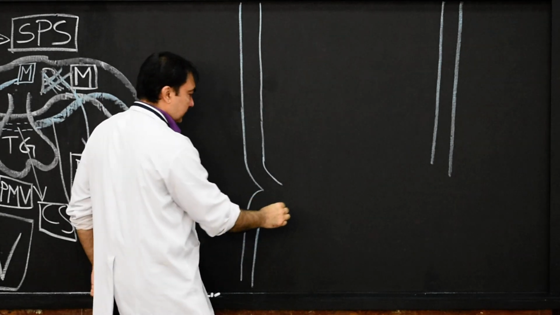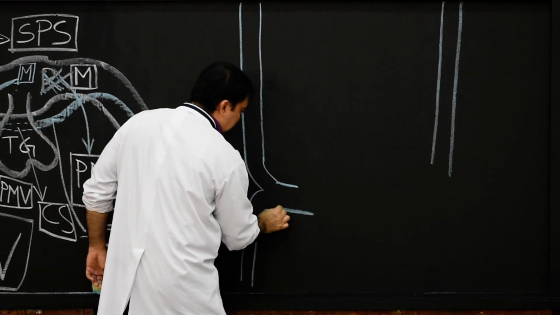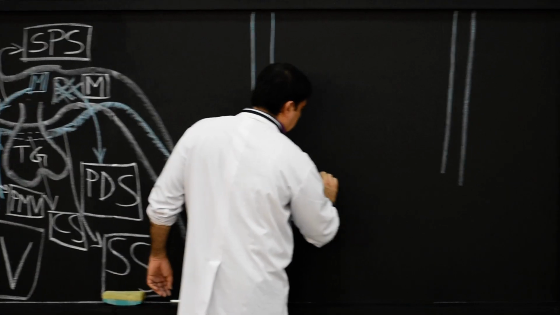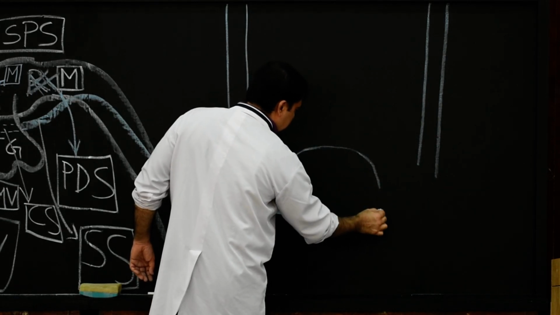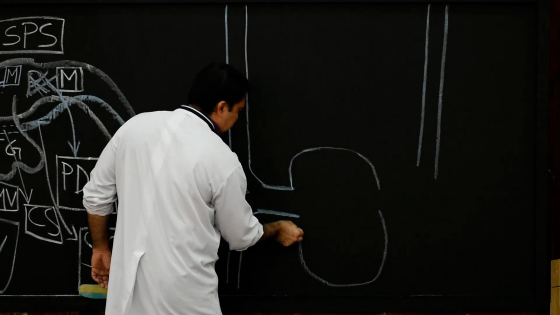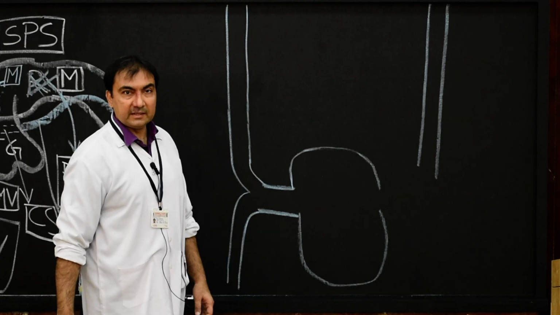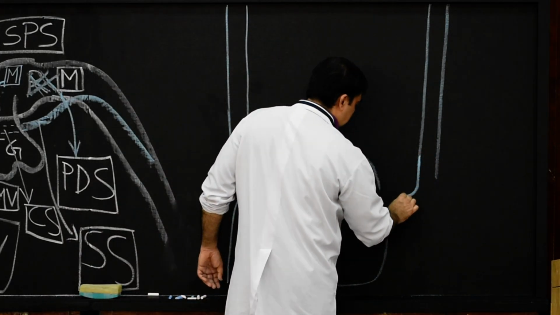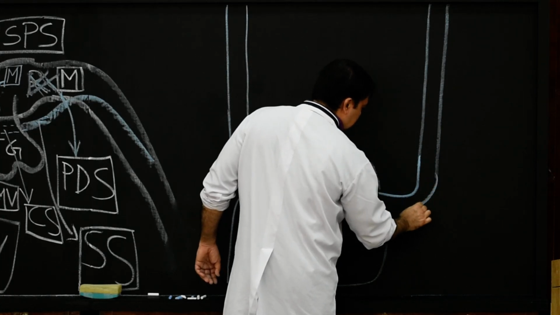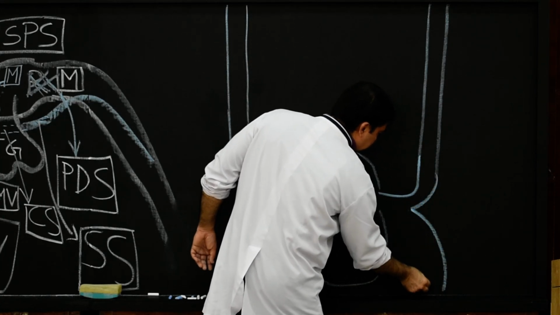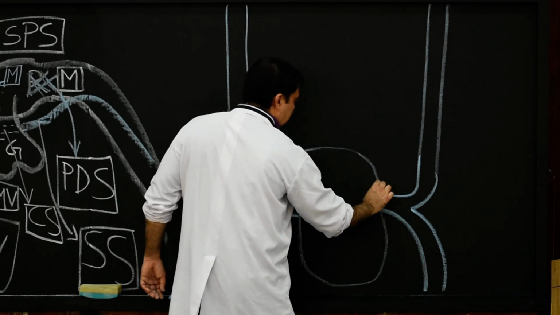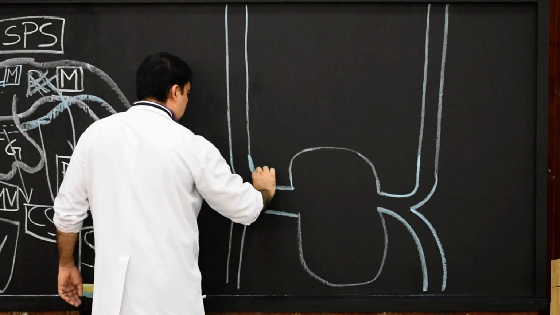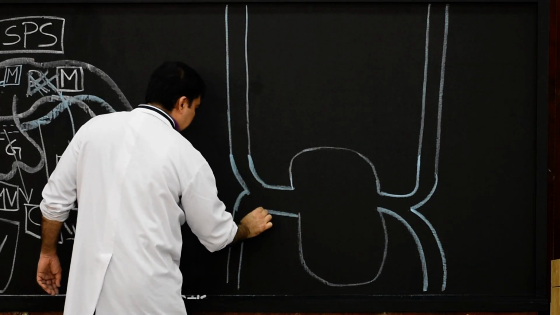And where will it open? It will open in the right horn of sinus venosus. So therefore, here this will be the sinus venosus. Same way, the left side, anterior cardinal vein, will also drain here through common cardinal vein. This is how we have to show. Now it is very important to note down, to mark the diagram.